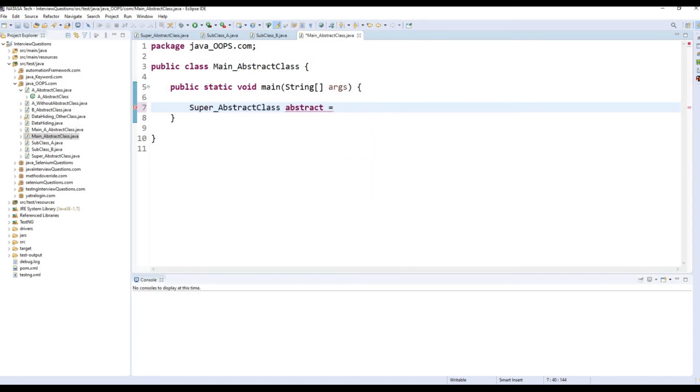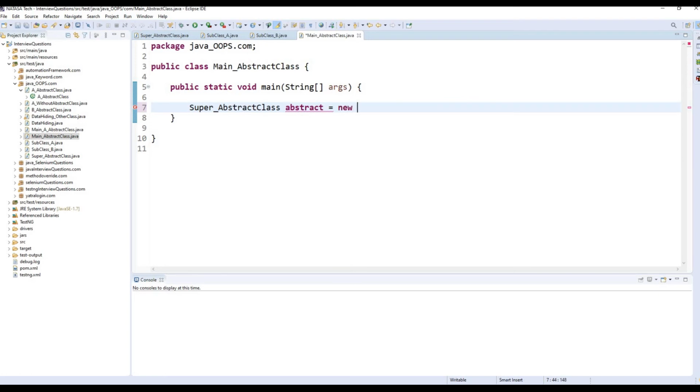Again I repeat, we are able to create a reference for an abstract class, but we are not able to assign the new keyword for an abstract class. So that is the reason we totally avoid the new keyword. That's the reason here we are going to implement the upcasting concept.